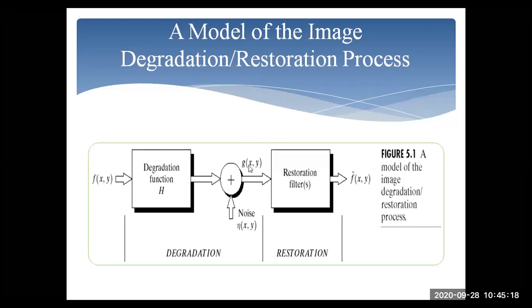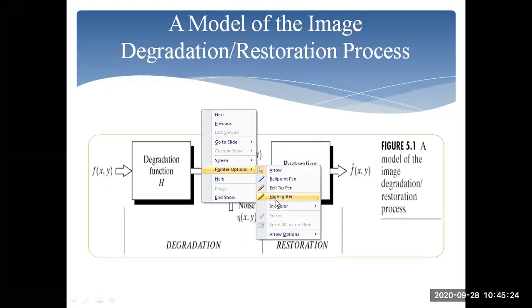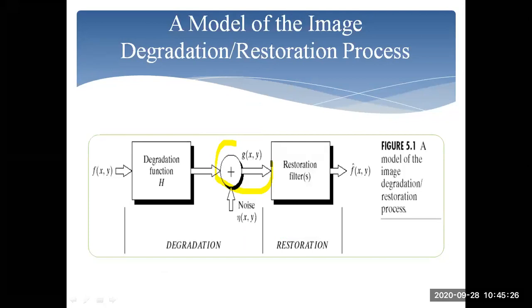Okay sir, it is visible now. So if you check here, up to now g of x comma y, we have discussed without noise one time and without the degradation function one time. In the presence of noise only we neglected this h, but in the presence of degradation only we are neglecting this eta. However, in the previous expression both can be added in g of x comma y.